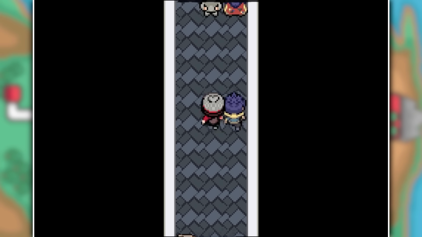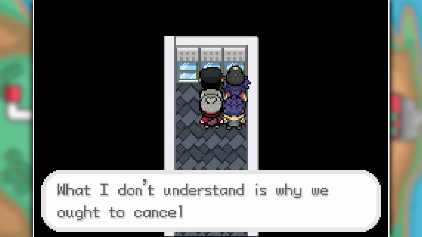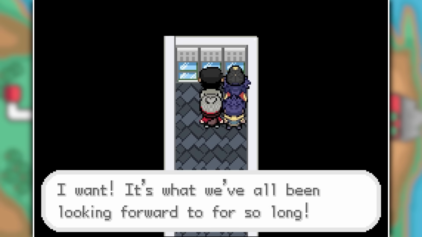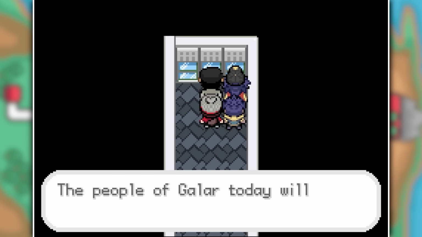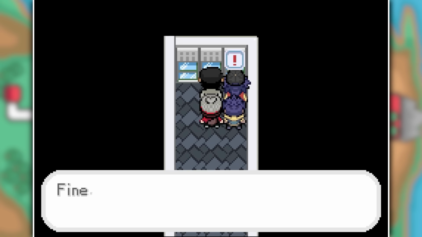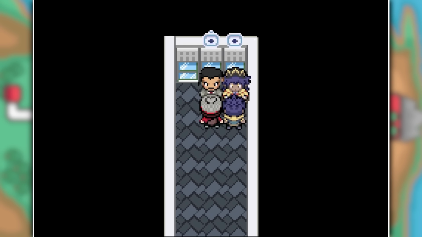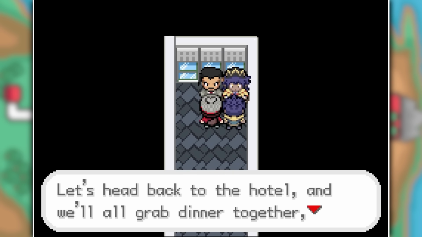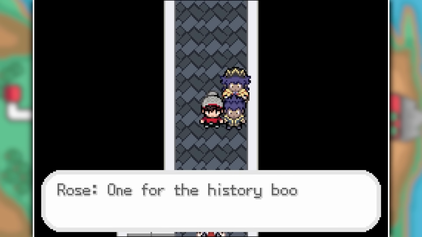We then walk up to the chairman and Leon, who are talking about the problem that the Galar region might not have a power supply thousands of years from now. And Chairman Rose wants to cancel tomorrow's match so that they can start doing something about it. But Leon doesn't understand why it needs to happen tomorrow. So he tells Rose that he's going to help him with his plans, but after the match. And this is not what Rose wanted. But that's when we show up and everything calms down